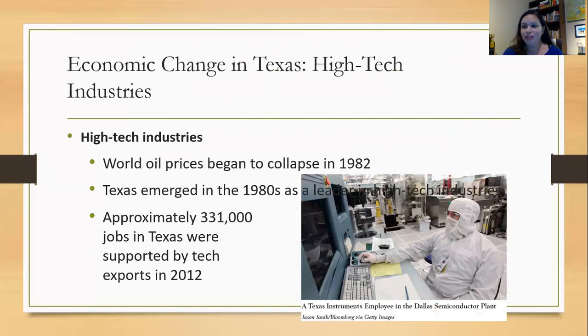One of my favorite things to talk about in the state of Texas is the way in which technology has really changed. Dell is now located right outside of Austin, and Texas Instruments is also located in Dallas. Just like there's Silicon Valley in California, there's said to be a big high-tech industry boom in the state of Texas. So for those of you that are undeclared majors, think about some of these high-tech jobs and industries, because A, you can stay in Texas, and B, you'll be guaranteed a job within the state.